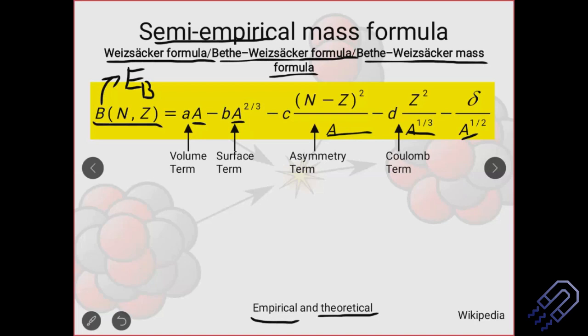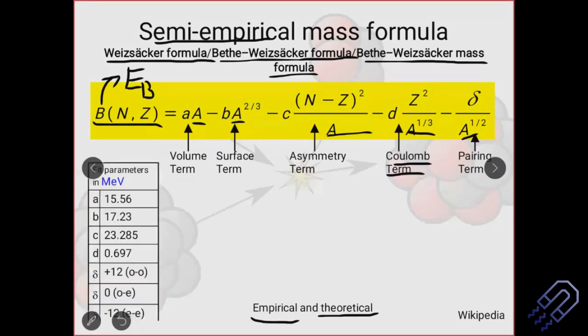The important part is you should not mess up the constants A, B, C, D, and delta. The constants should not be messed up, okay? Always remember this Coulomb term will have a minimum value. Some of you have already an idea about this. Coulomb term will have a minimum value, and then the last term is called the pairing term. The pairing term is the most confusing, okay? We're going to study it better, understanding the shell model and all. It's going to give us a better understanding of this. So what are the values, okay? The last value is observable anyway; just read this too.